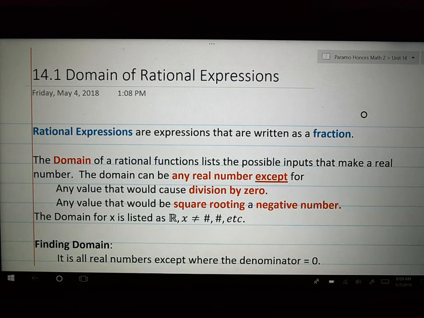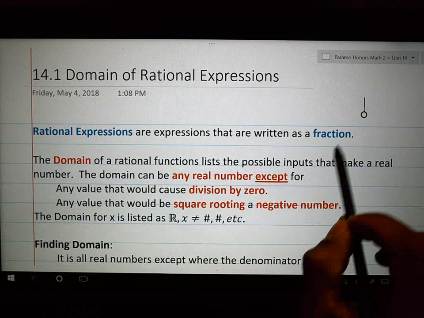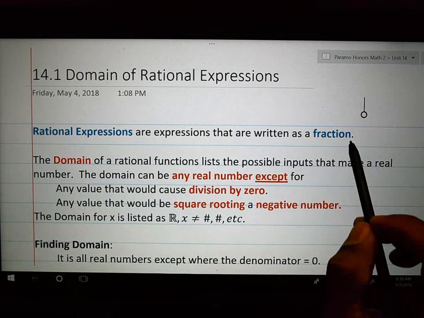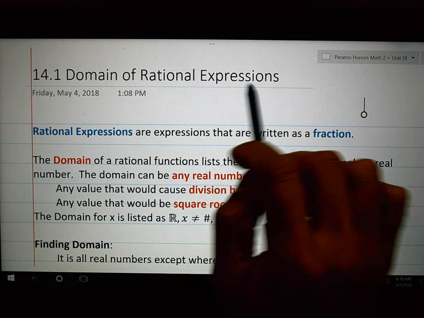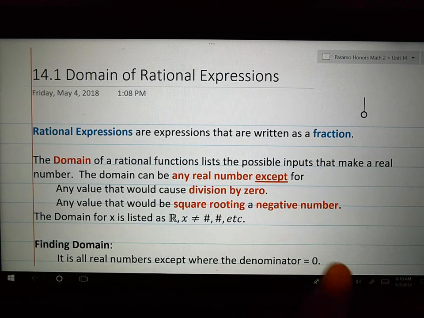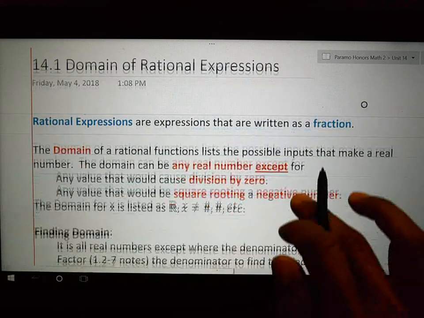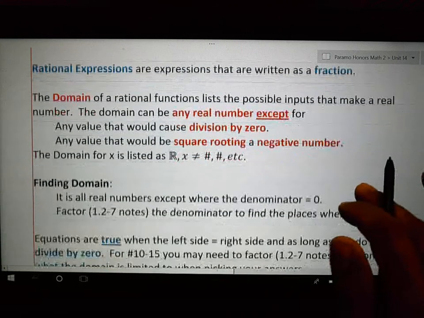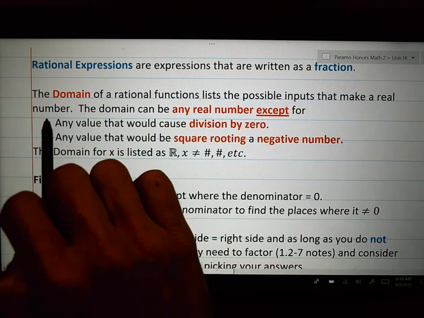Unit 14 will be our last unit before we get to your final. And Unit 14 will deal with something that some of you don't really like to deal with, which are fractions. The whole unit is on these things called rational expressions, or things that have fractions with variables in them. And so the very first concept we are going to cover with rational expressions is how to find the domain